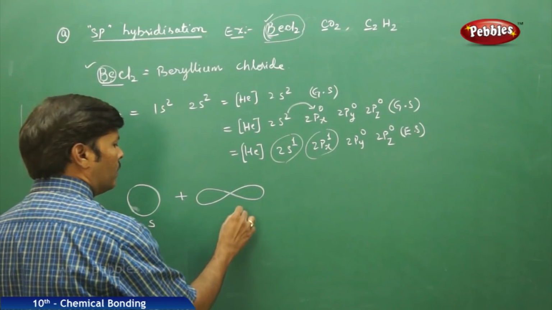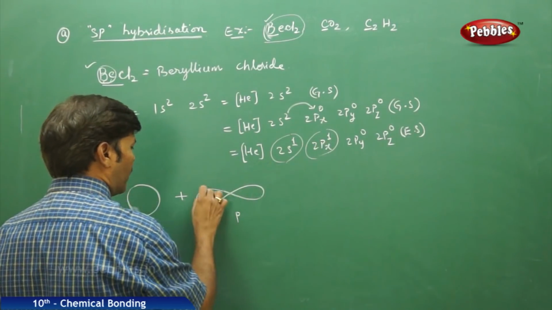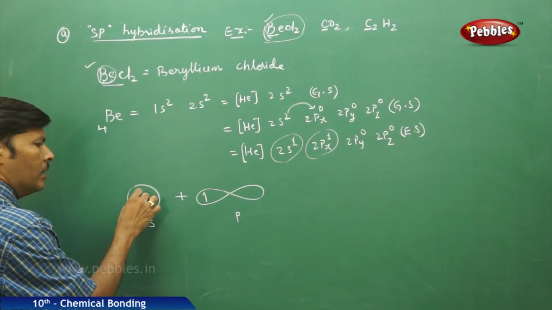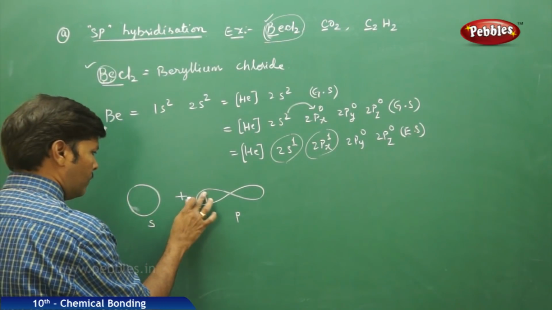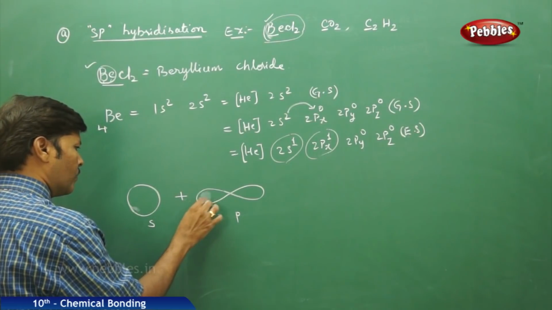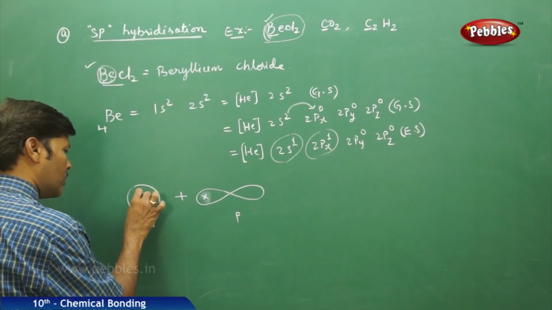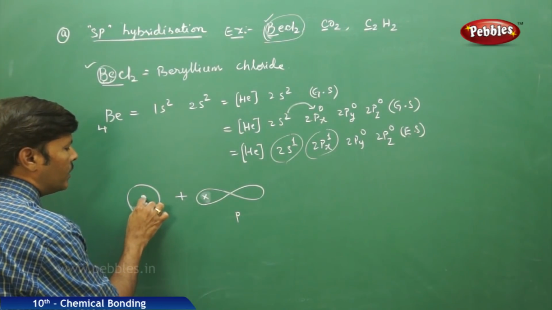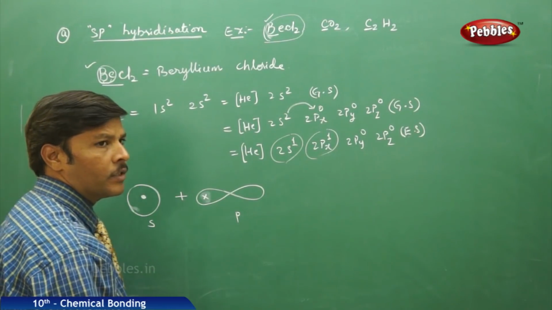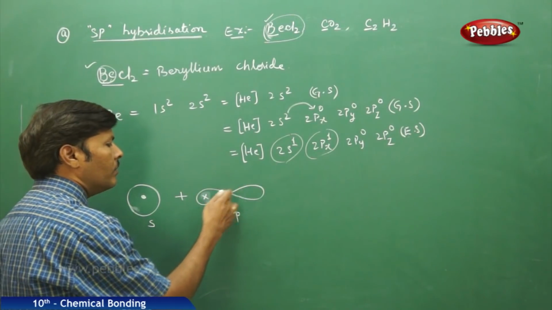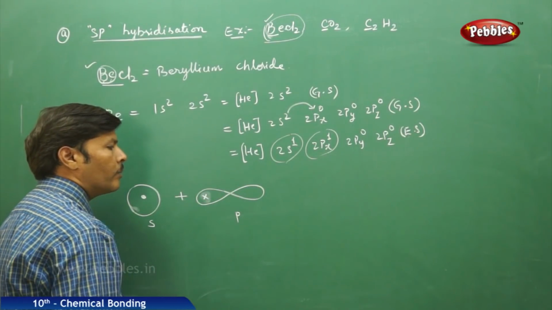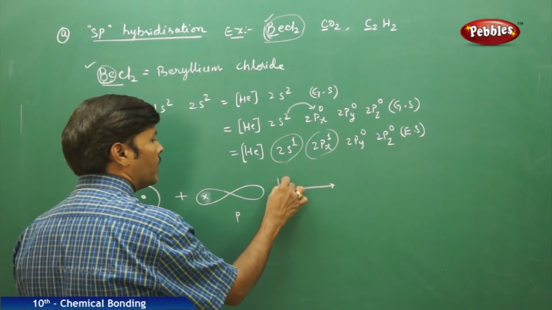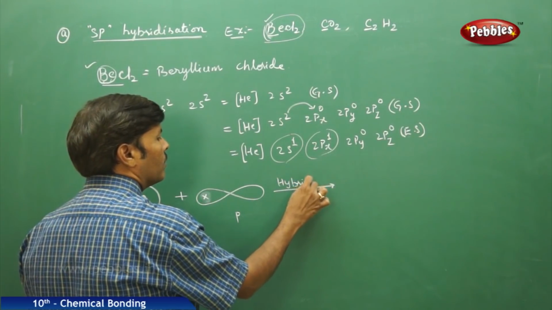P atomic orbital has one unpaired electron, and s atomic orbital has one electron. I'll take it like this, one cross and one dot. This dot represents the electron present in the s atomic orbital, which is spherical in shape, and the p atomic orbital, which is dumbbell shaped. Again it has one unpaired electron. So both these pure atomic orbitals participate in hybridization,